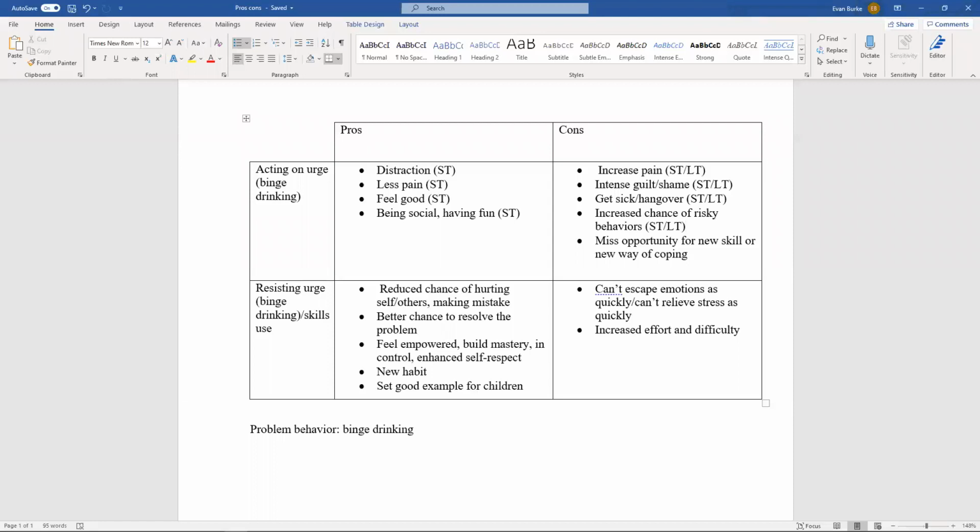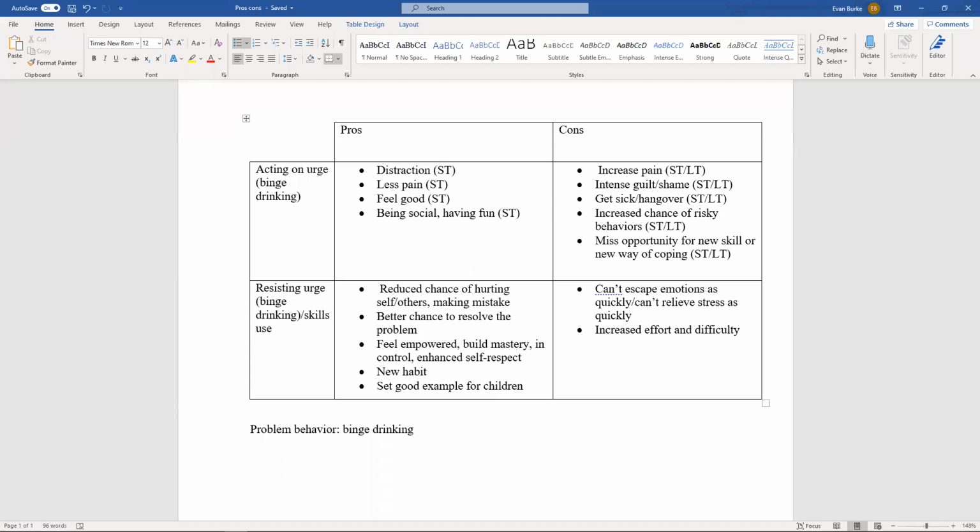Finally, missing an opportunity for skill use has both short and long-term effects as well, right? Skills can work immediately and also can lead to long-term well-being and a lifetime of skills use and greater well-being. So short-term, long-term. Okay. So now, of course, we want to evaluate the same short and long-term effects in the bottom row, right? So starting with the pros of